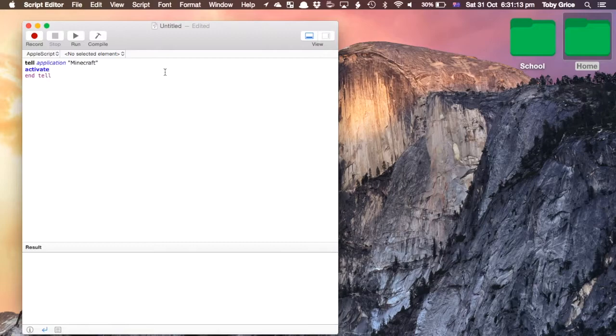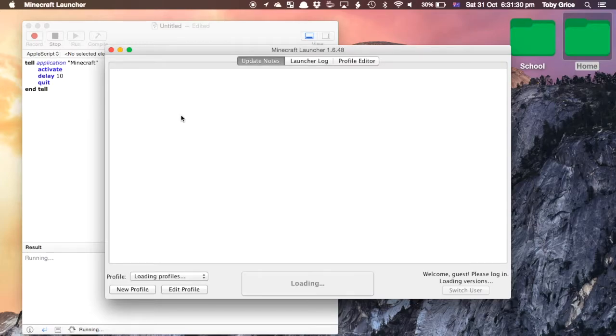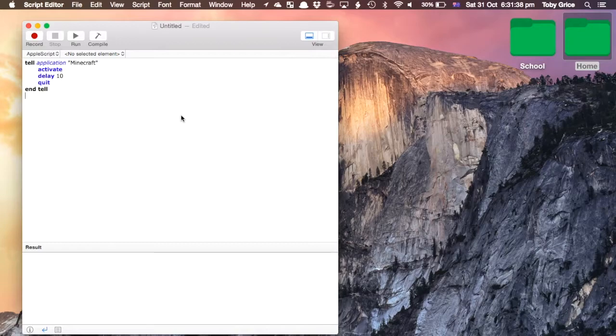But you can do stuff like this, so you can add a delay. You can set a timer for yourself. So delays always works in seconds. So I am going to delay 10 seconds and then quit. So it'll open Minecraft, wait 10 seconds, and then it'll quit it. They are 10 full seconds, so it takes longer than you'd expect. It's not just 1, 2, 3, 4, 5, 6, 7, 8, 9, 10. Yeah, there we go. You can do that with any app, but the thing is you have to type it